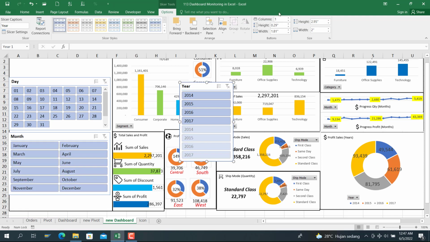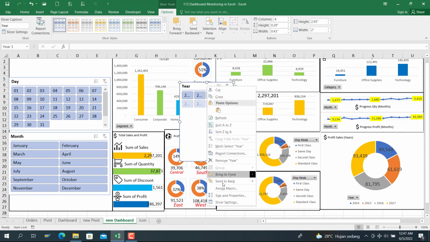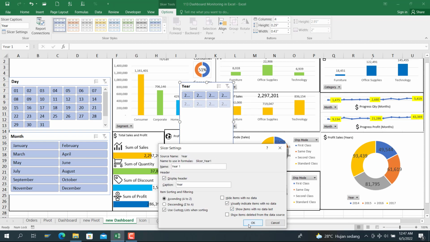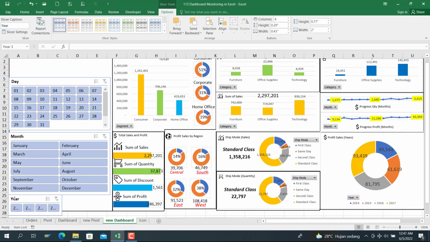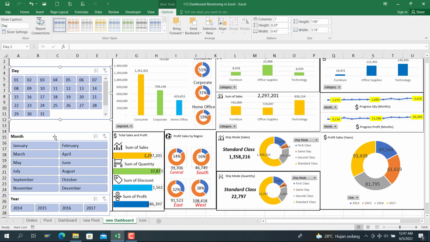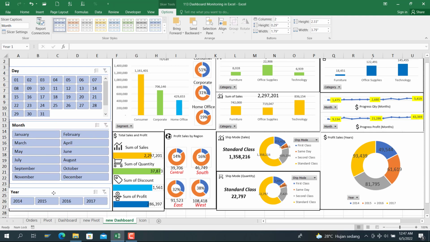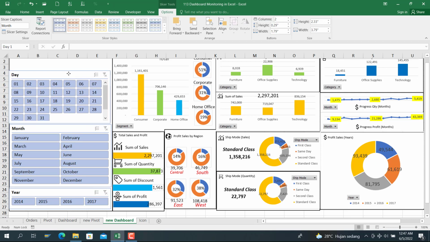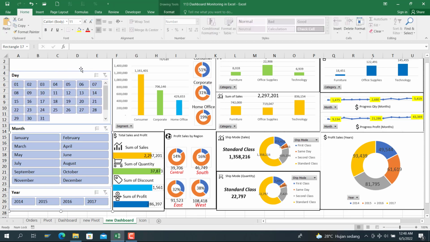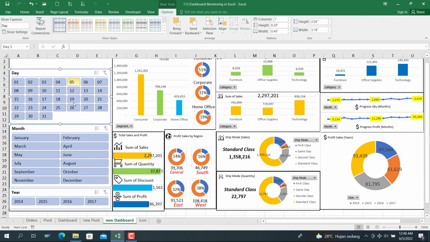And the last is year, we want to make 4 columns for years, and we also select the slicer setting, not show items, untick them, and reduce the year size here. Year to the right here, move it up a little bit up to here, and this is for year. A little bit down, and this is a little bit down. Up,